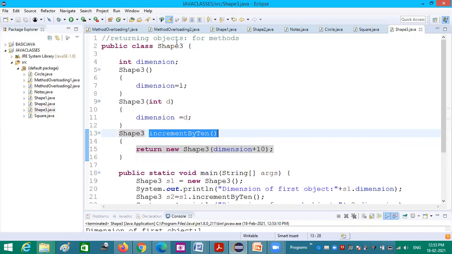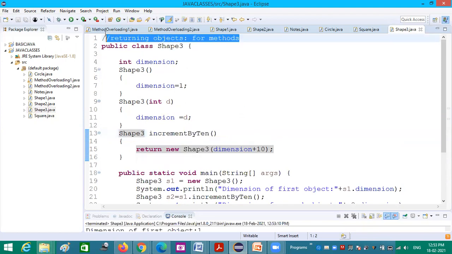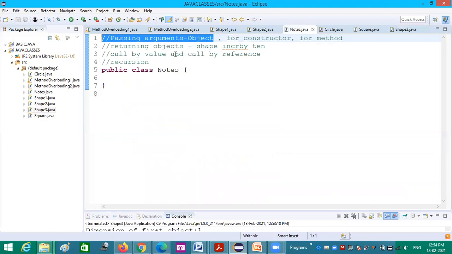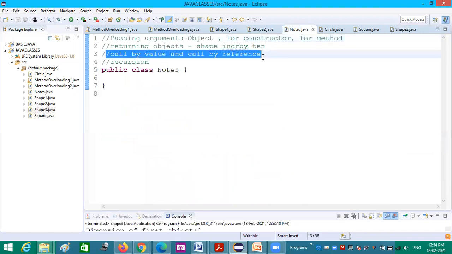So with this example, we have seen how we return objects for methods. Okay. So I hope you got some idea how to return. So here I am giving the return type as the class name. Or a named object also we can give, like Shape3 S5 equal to new Shape3, then I can return S5. That is also correct.